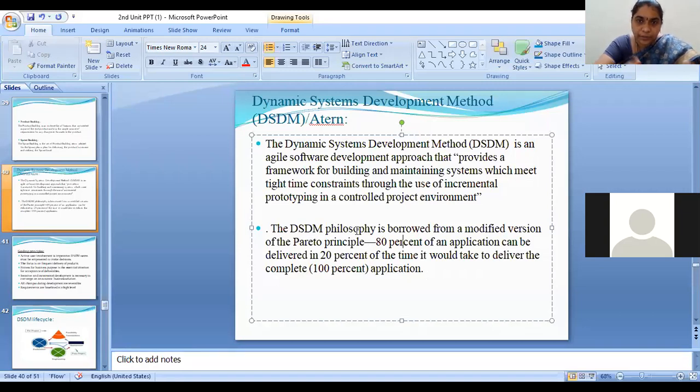In most cases, among those 100% features which the client wants, 80% of the features will be done in the first increment only, right? Most of the features will be released in the first increment, and the rest of the 20%, which are of less use, will be released in the next versions. That is the reason we say that the DSDM philosophy follows this Pareto principle, right?